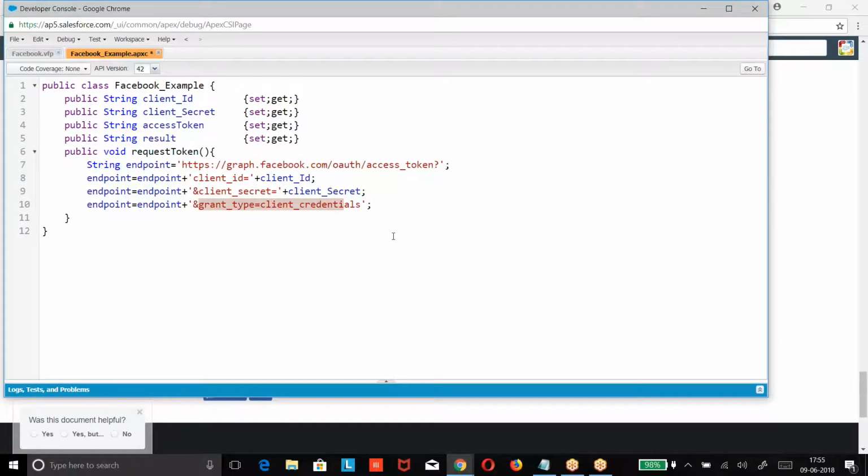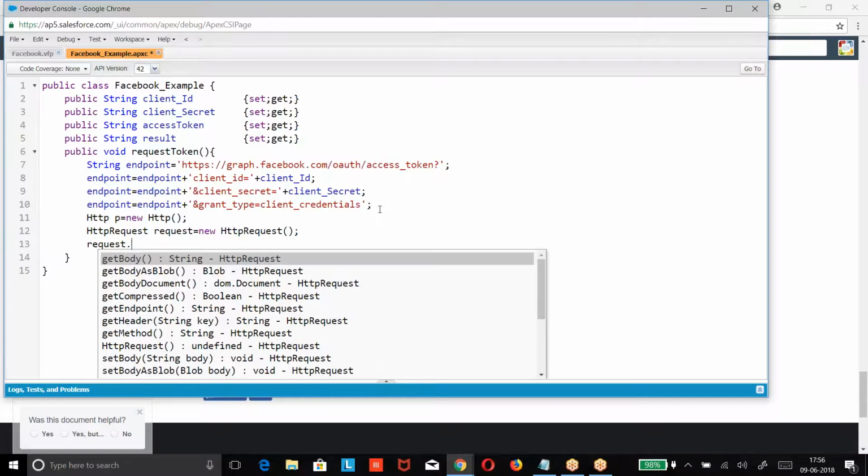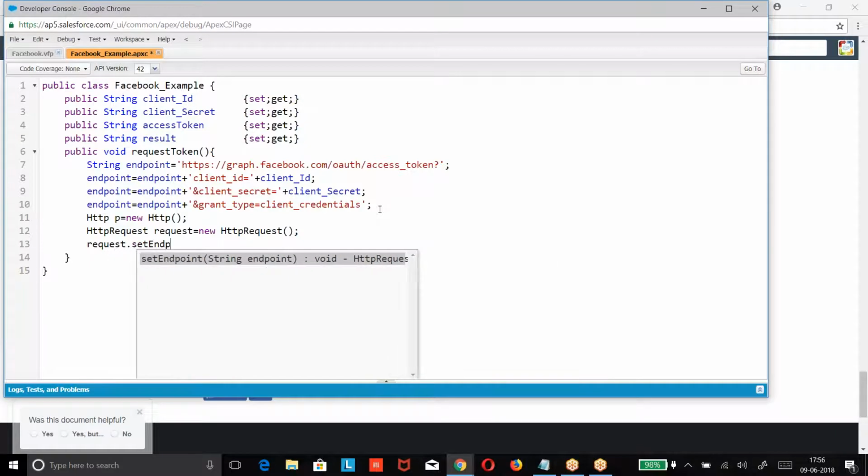What type of method is this? Is it a post method or a get method? It is a get method. Why? We are passing the credentials on the URL. So, request dot set endpoint, endpoint.